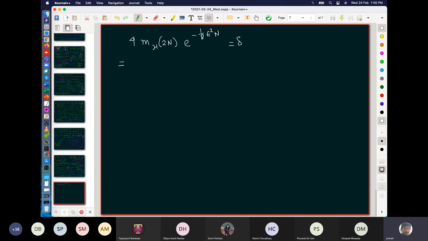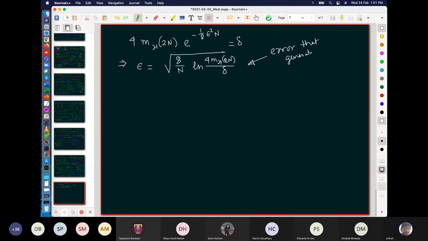Now, with respect to this, what will be my epsilon? So you can take a log on both sides, and then if you take the square root, 8 by n will come to this side, and then ln of 4 m_H(2n) by delta. So this is root of 8 by n ln 4 m_H(2n) by delta. Sometimes you will see this is the error